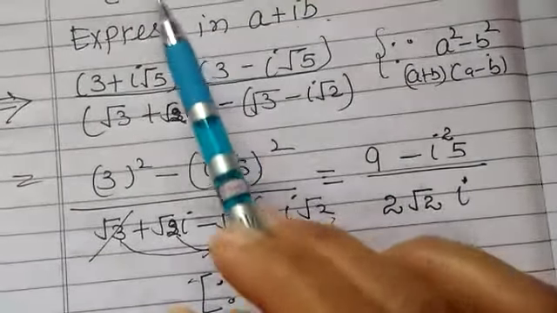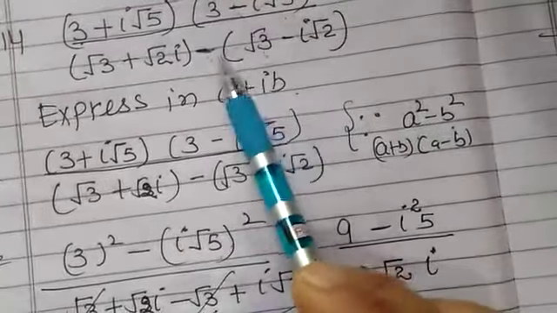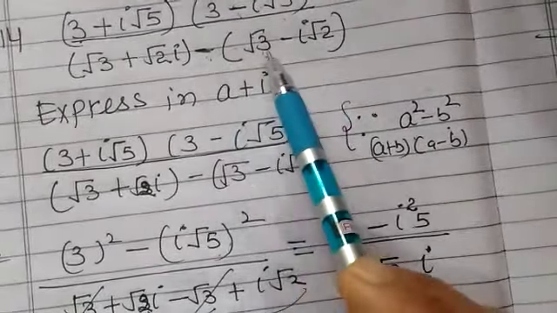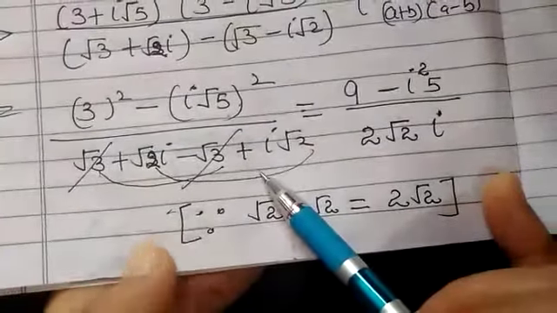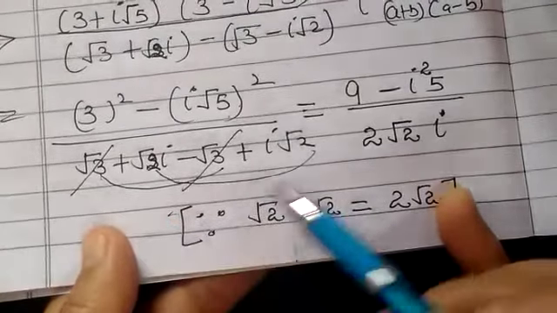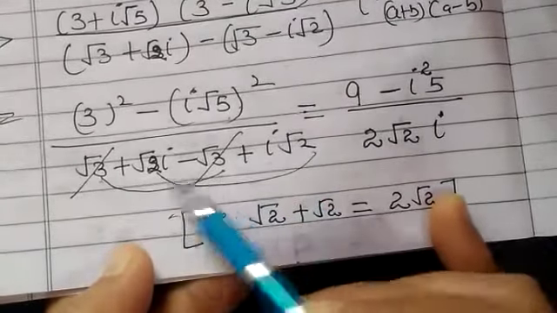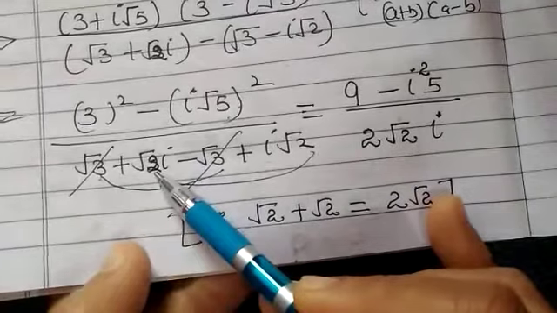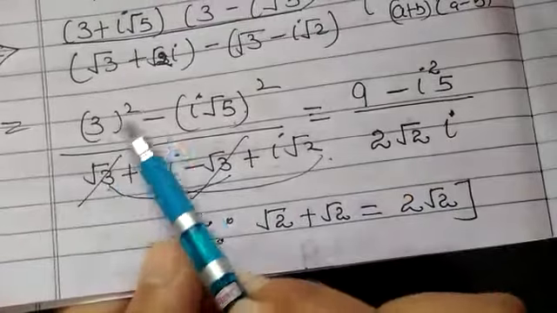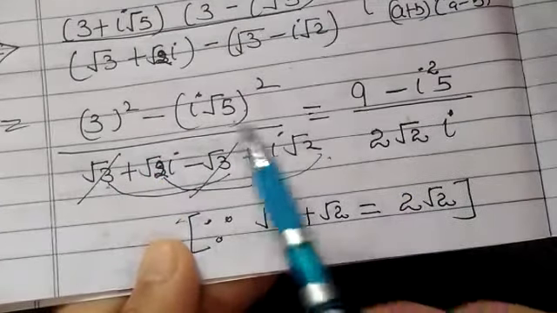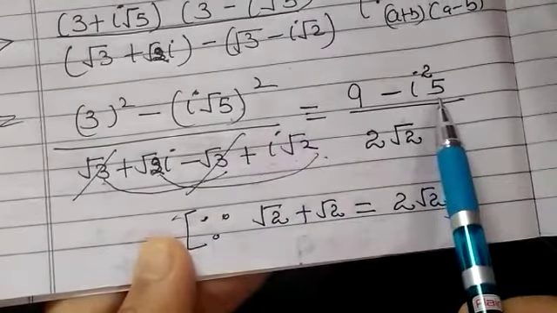So in the denominator, I will just simplify and change the sign inside the bracket, because a minus sign is outside the second bracket. So it will become negative and it will become positive. So I'm getting a positive term from here, and I will add real with real and imaginary with imaginary. So under root 3 positive, under root 3 negative, they will cancel out with each other, and root 2 iota, iota root 2. In the numerator, you can say 3 square is 9, iota square is iota square, and root 5 square. Root will cancel out with the square. So I will get 5 only here.